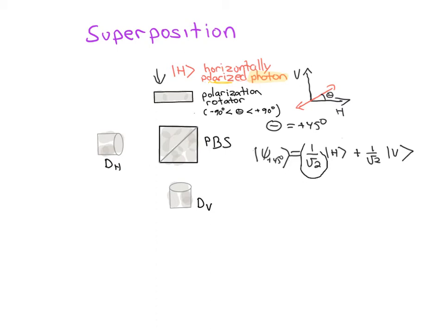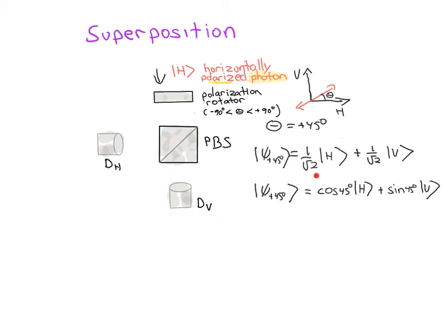So 1 over the square root of 2 squared is a half. So what we have here is a situation in which there's a 50% chance of measuring a count on the horizontal channel and a 50% chance of measuring a count on the vertical channel. Well, where did these factors of 1 over the square root of 2 come from? Well, they really came from taking the cosine and the sine of 45 degrees. So you can think of this, it's a lot like taking components of a vector. The cosine 45 degrees is like the horizontal component of this direction, and the sine 45 degrees comes from taking